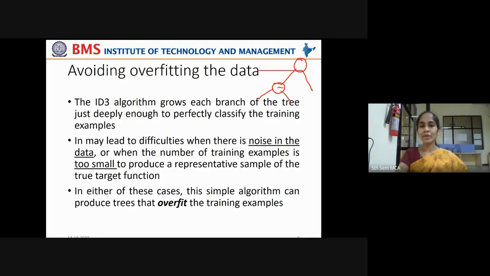Got it? That is why the difficulties start arising when there is noise in the data and when there are too few training examples. The decision tree may not be able to generalize well with unseen data. In either of these cases, this simple ID3 algorithm can produce trees that overfit the training examples. If you understand this concept, it will look very exciting for you. Whenever you come across overfitting when you're working with real-time data, you will understand it is exactly not good performance of the model.